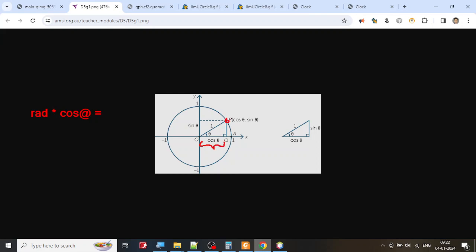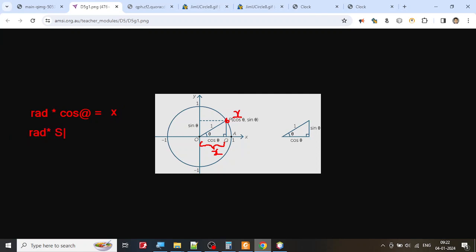This distance you know very well. This is the x value. So x of this point, this is the x value that you are going to get. In the same way, if you do radius